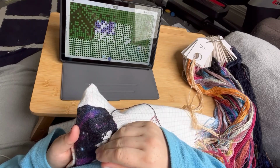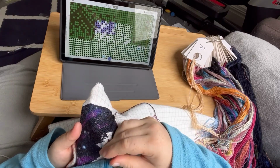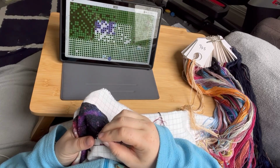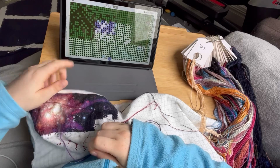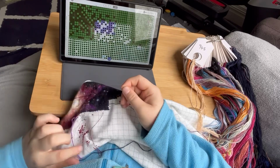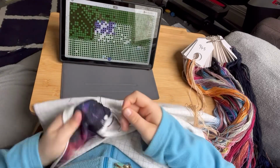So I am nearly at the end of this box. Well, the bottom of this box with this colour. There's not that many more stitches of this colour in this box, but at the same time this section seems to be predominantly 939 and 310. We are up in the sky. It's moved away from where I guess it's planets or stars or something. Possibly could be the magic from the staff, which is down here, but that was from when I was still doing cross country. You can see the kind of ridges on the staff down here. So yeah,